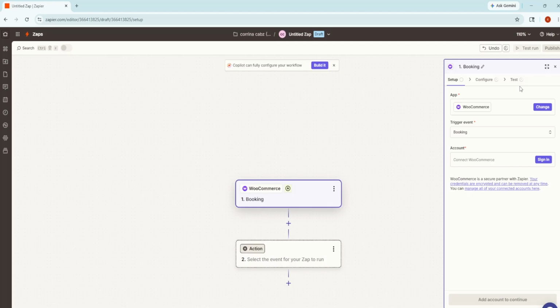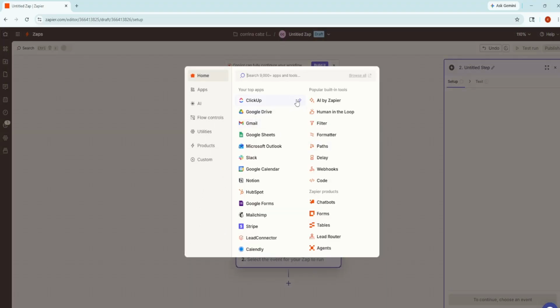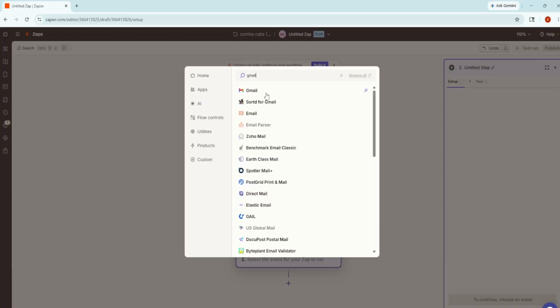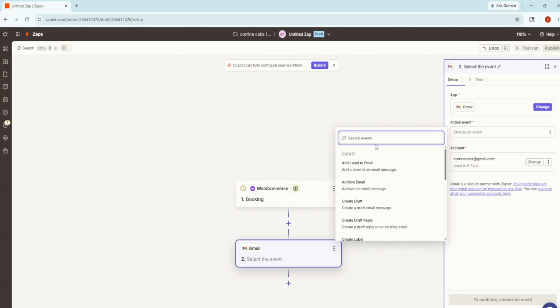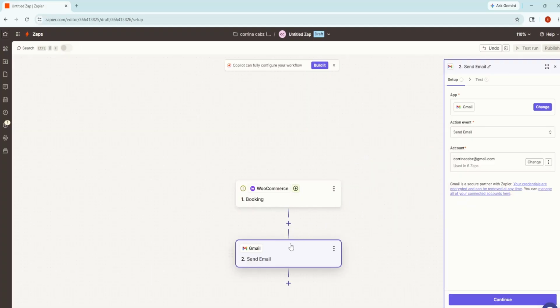With the trigger all set, it's time to configure the action. What you want to happen after the trigger event is detected. Click on Action and select Gmail as the app you wish to connect with WooCommerce. You need to choose an event for Gmail. In this scenario, opt for Send Email. This ensures that whenever a booking occurs on your WooCommerce site, an email is automatically dispatched via Gmail. You'll need to log in to verify that your accounts are synchronized, and then perform another test to confirm everything